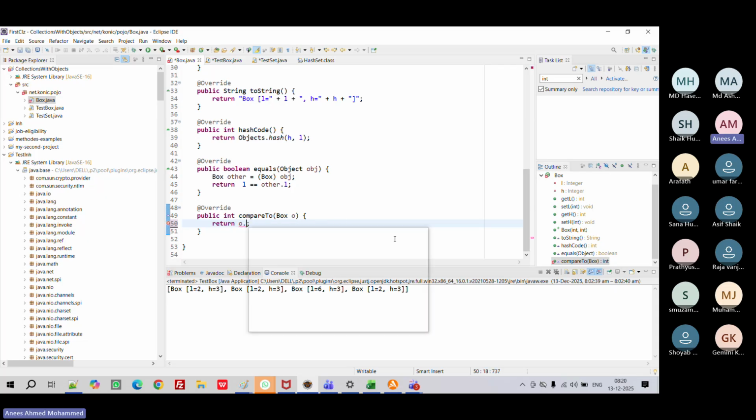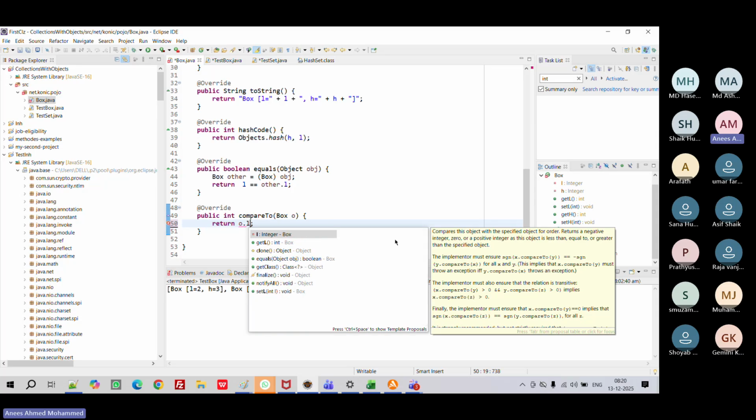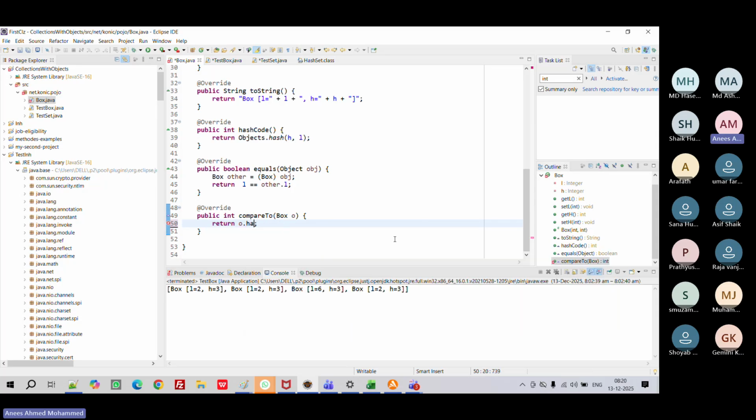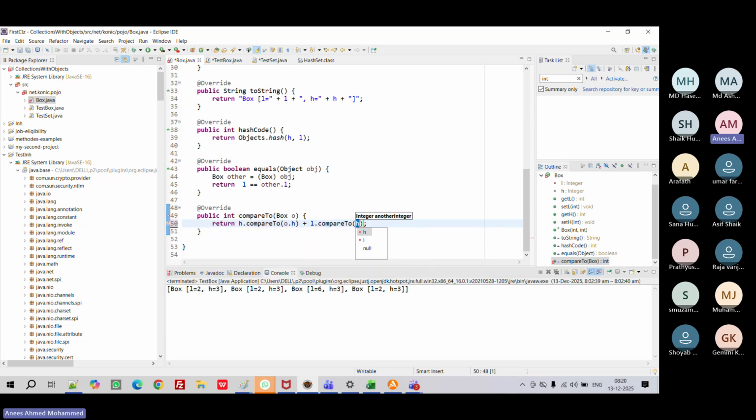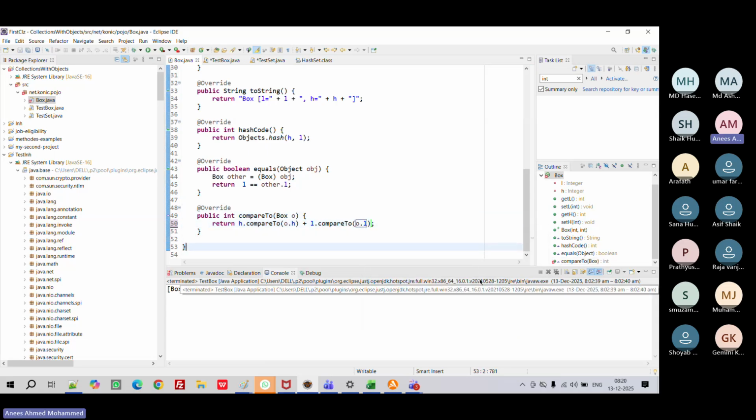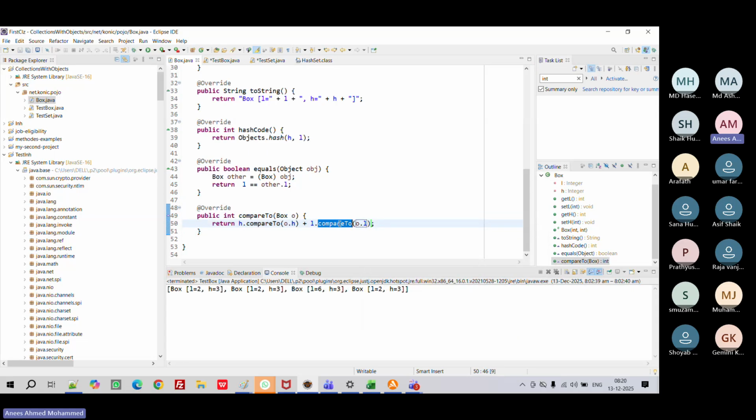I remember. Okay. O dot H dot compare to H, L dot compare to O dot. Okay. So what I'm doing here is I'm just using the compareTo method of individual values and I'm comparing,